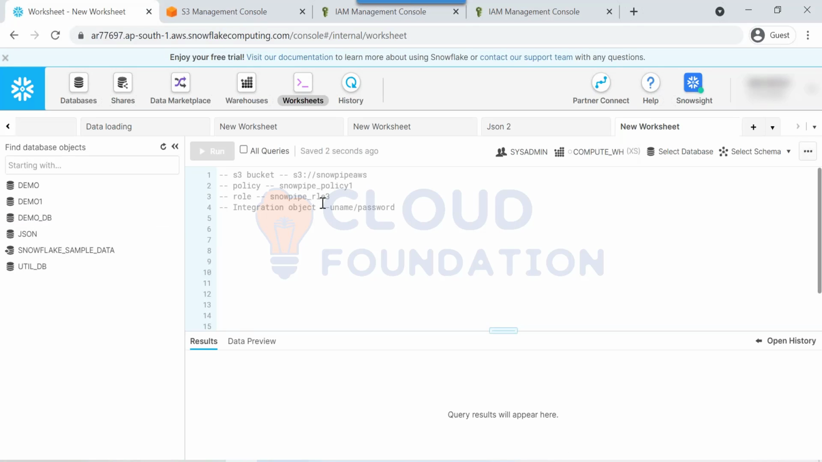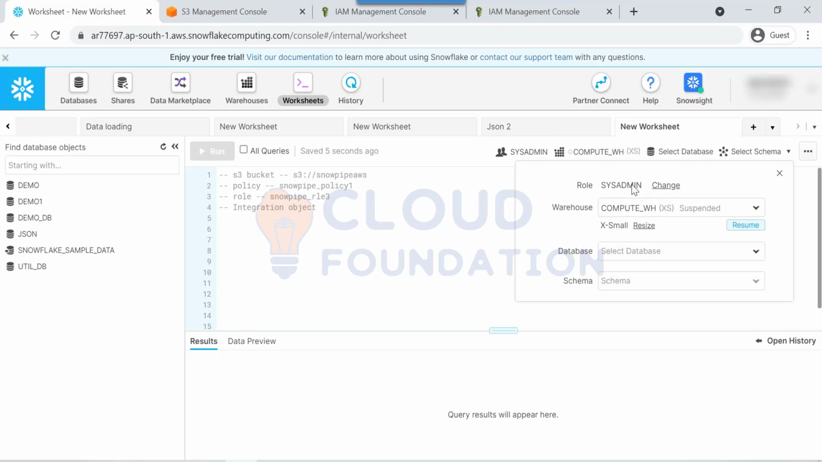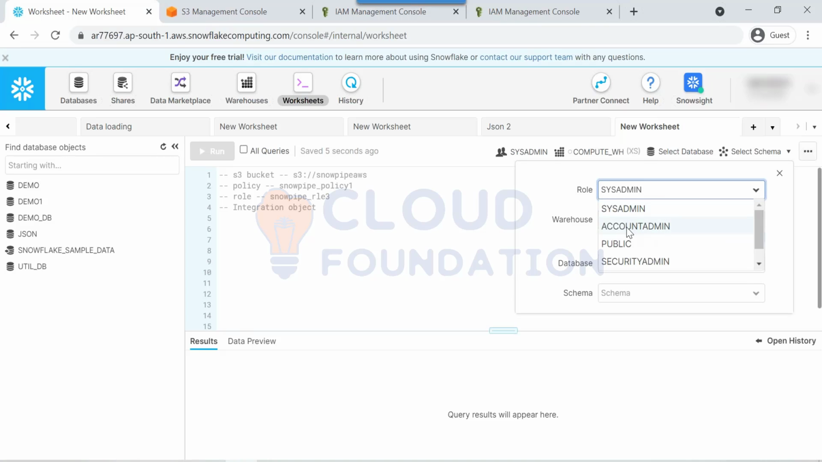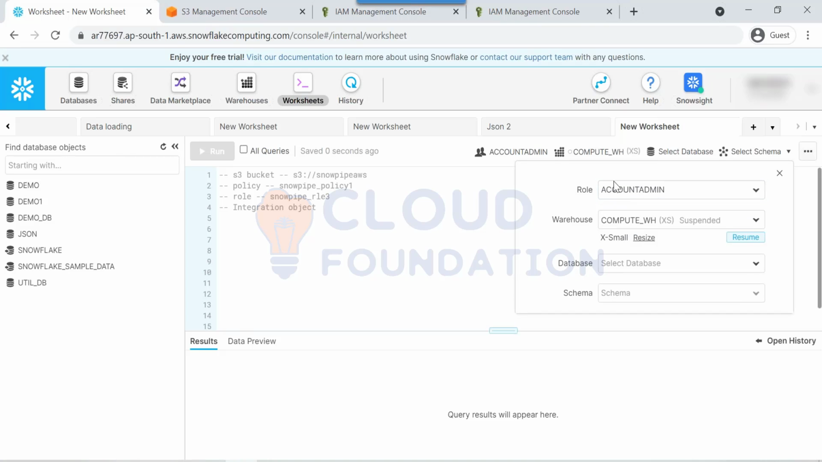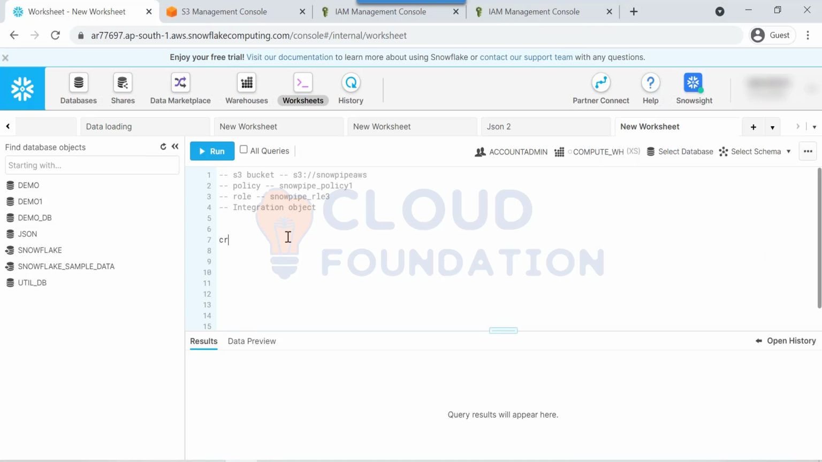So now I need to create the integration object. The last step is to create an integration object. For an integration object, we need account admin privileges to create that. With normal roles, we can't do that. That's the reason in real time you don't get account admin, so you don't need to worry about all these things. So create